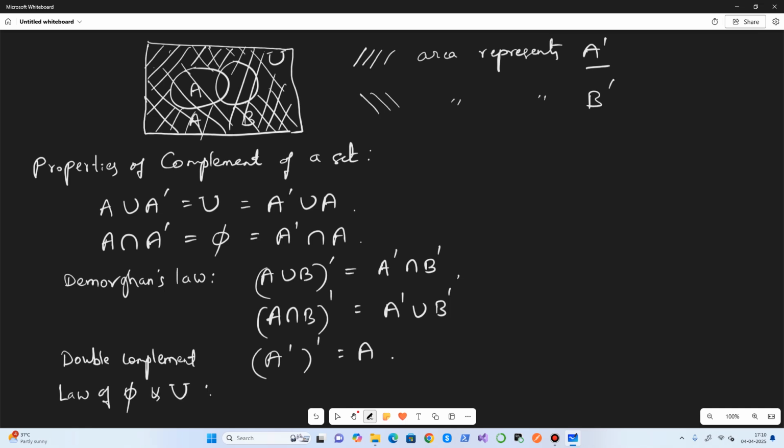It says the complement of the null set is the universal set, and the complement of the universal set is the null set.